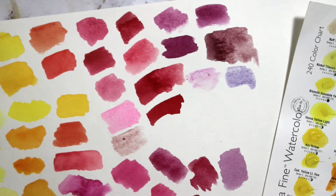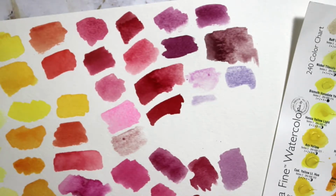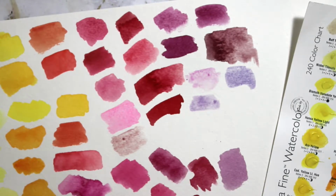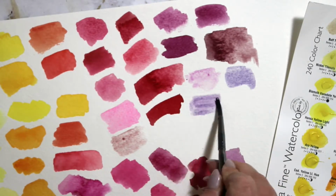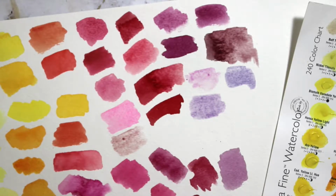And then we have ultramarine red. These colors are quite transparent as is, and then there's also just not a ton of pigment left on my dot card, so apologies, but they do have a little bit more granulation and less pigment than some of the yellows and oranges and reds. And then Rose of Ultramarine is a